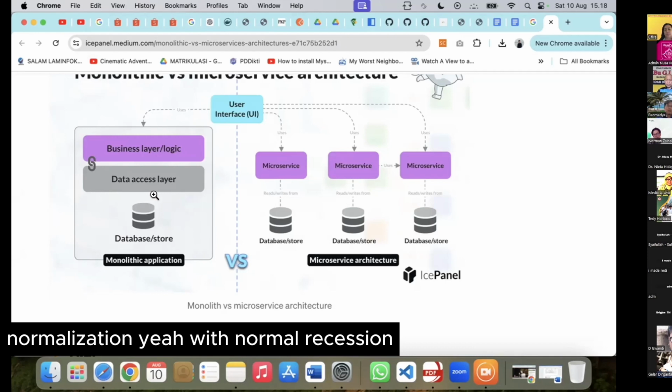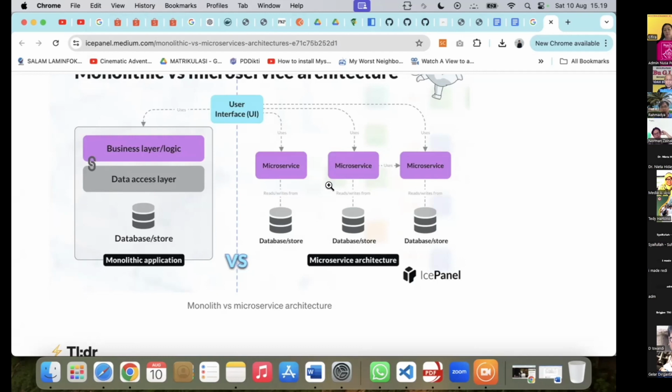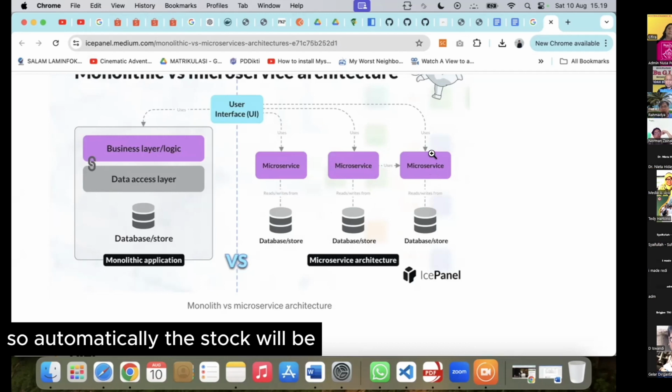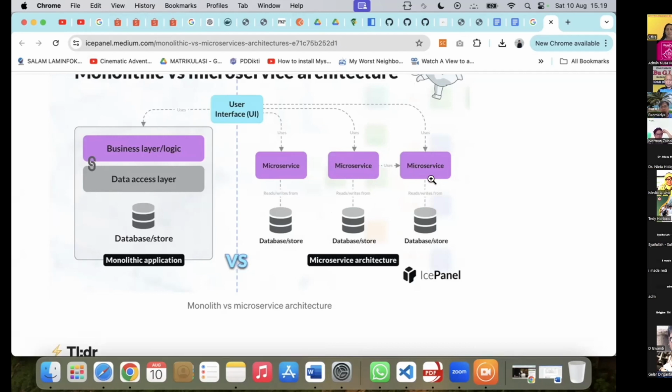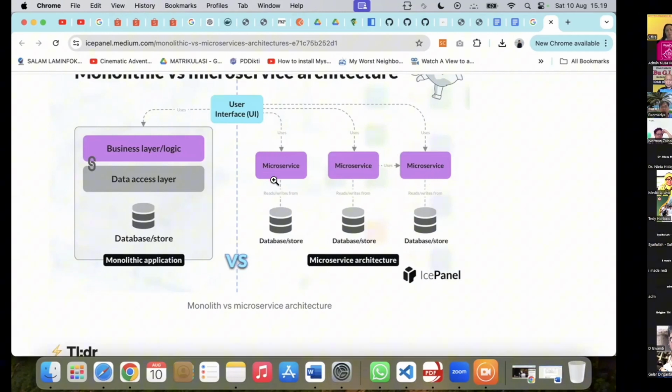With normalization, automatically we do not need the manager, because when we update some table, for example, transaction selling, automatically the stock will be reduced according to the product that we sell.